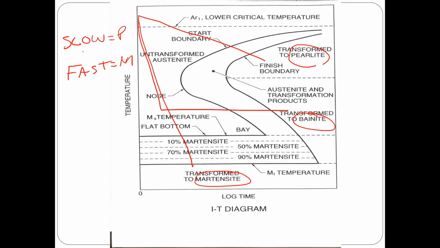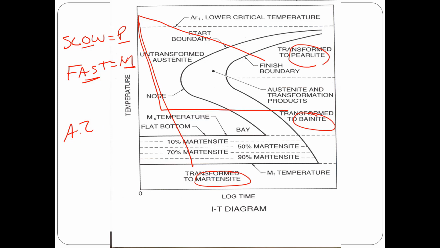And we talked about cooling rates, degrees per second. I don't care what the degrees per second is. If it is slow, you have pearlite. If it is fast, you have martensite. Or look at it the other way. If I take an austenitized steel and I cool it and I end up with martensite, I cooled it fast or quenched it. For example, A2,